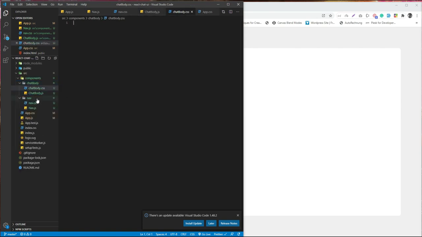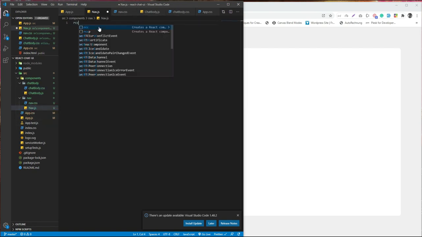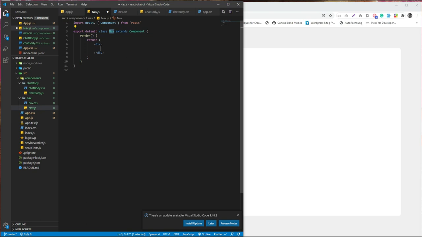Okay, so let's apply some JS here. This is the chat body. This is the nav.js. In nav.js, paste the component. Also let's import the CSS and the logo image.